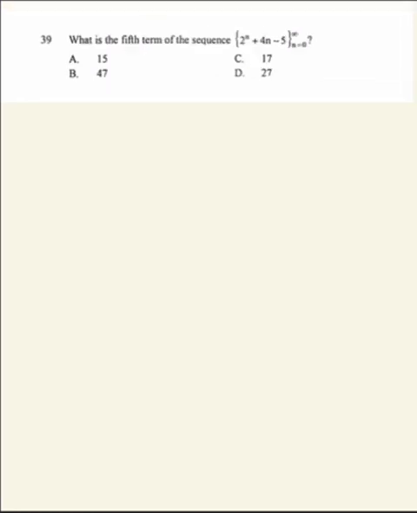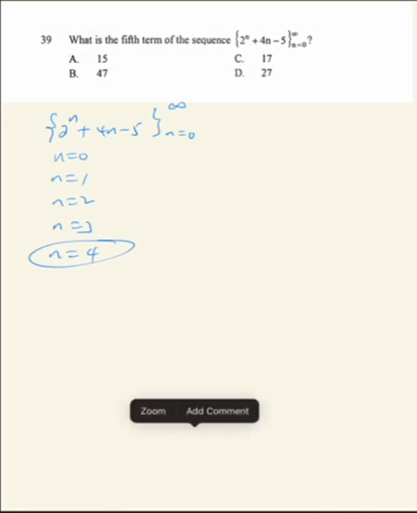D ወደ 39ኛው ጥያቄ ስንሄድ የሲኩዌንስ ጥያቄ እናገኛለን what is the fifth term of this sequence okay ይሄ ሲኩዌንስ ተሰጥቶናል to the power of n plus 4n minus 5 where n starts from 0 up to infinity አሁን fifth term እዚህ ጋር በጣም መጠንቀቅ ያስፈልጋል fifth term ሲለን አምስተኛው ተርም ማለት ነው የምንነሳው n 0 በማድረግ ስለሆነ okay n 0 አድርገን ስለሆነ የምንነሳው fifth term የምንለው n is equals to 4 ሲሆን ነው ማለት ነው